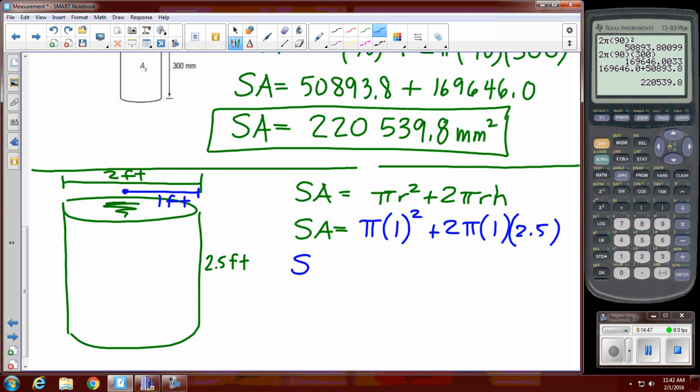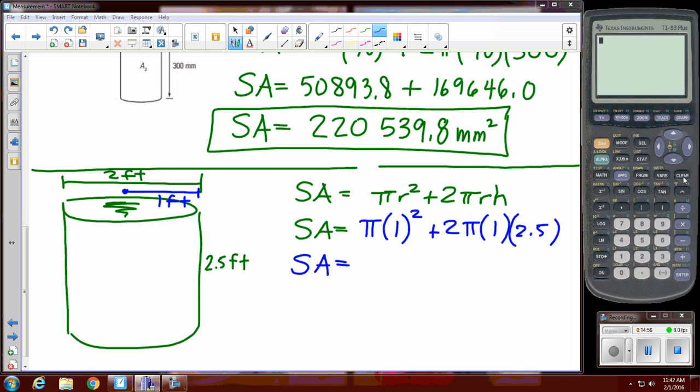And I did mention in the last question that we'll look at how we can do this in our calculator in just one step. So I'll clear my calculator, and I'll show you that I can just say, well, there's pi times the radius squared, and we're only doing one of them because we only need the bottom of the garbage can, plus 2 times pi times the radius times the height of the garbage can. So now my calculator, if I have a scientific or a graphing calculator, can do this in one step. I hit enter. The surface area of this is roughly 18.8